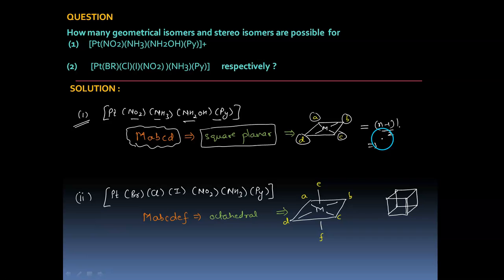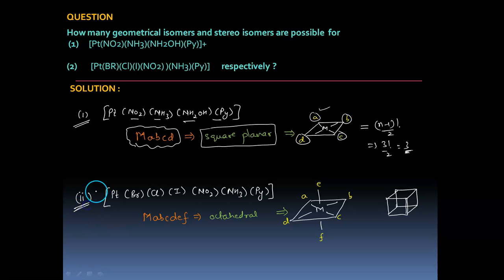Right? So this will be what? 4 minus 1, 3 factorial upon 2, which is 3. So we have 3 geometrical isomers. You can also draw it and then say, for example, opposite to A, you can have B, C and D, 3 cases. So if you fix every vertex with A, B, C, D, you have a total of 12 cases, but you are counting each thing 4 times. Right? A opposite to C is counted when A was there, B was there, C and D. So divide by 4, so it becomes 3. Anyways, you can say it's a case of a circular permutation.